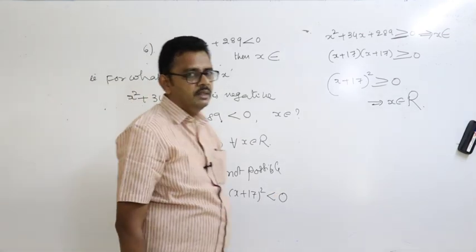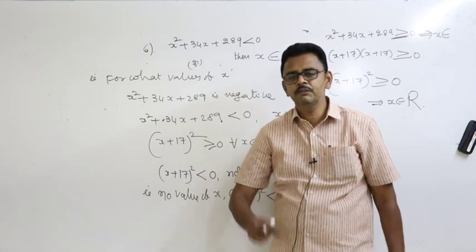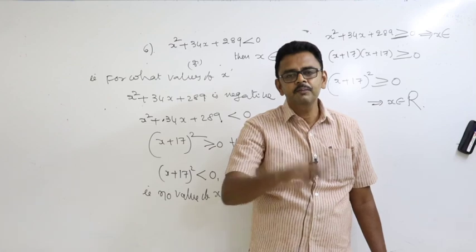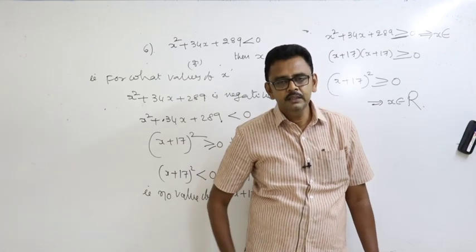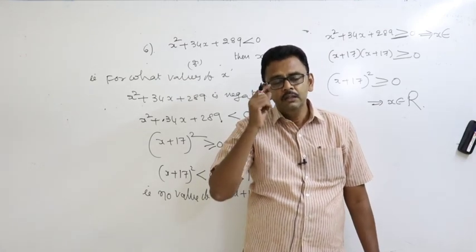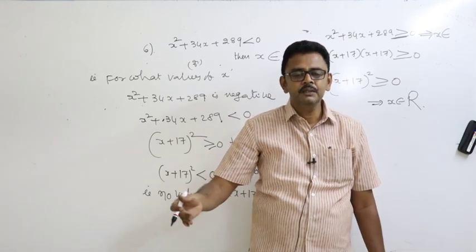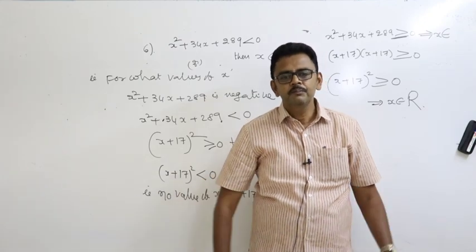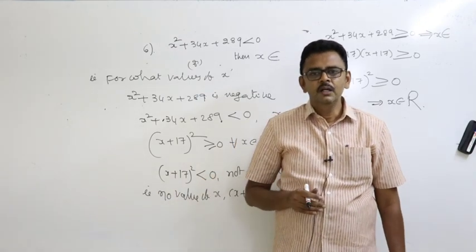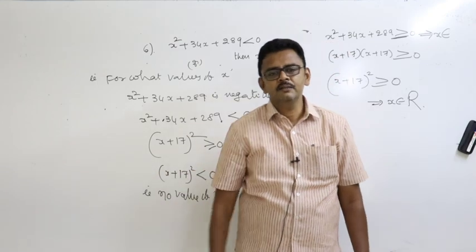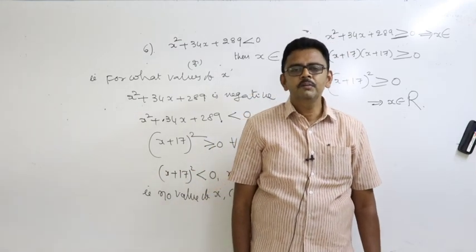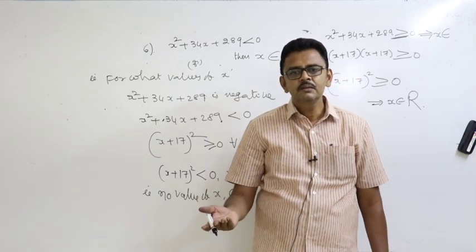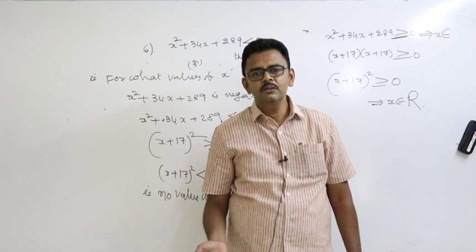I think you are able to understand. Otherwise, I can give a small example. In our class, the class contains 50 members. In 50 members, all 50 members got A rank. That means all are passed. I am asking the question, how many failures in our section? What is your answer? 0. How to say that it is 0? All are pass.